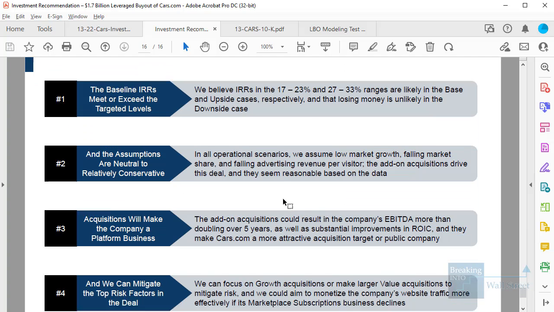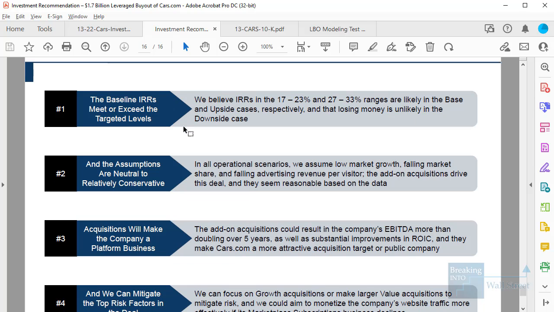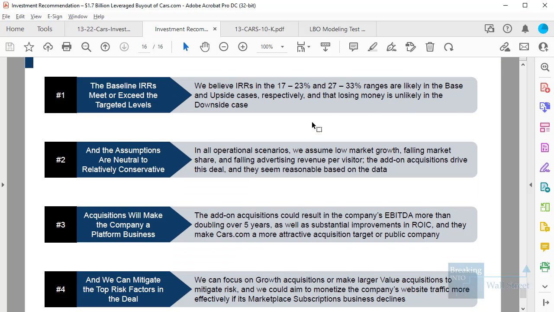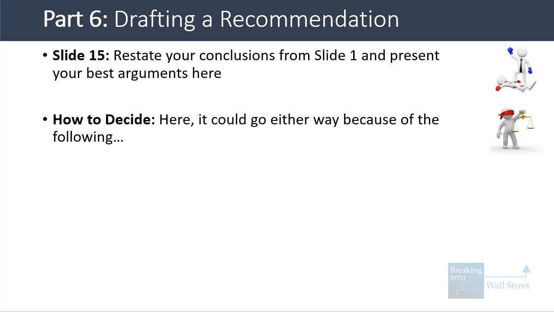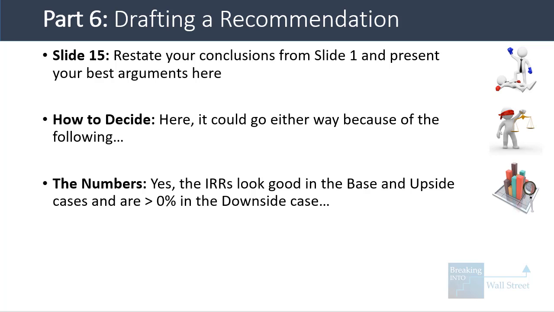One trick here is that we make it more visually appealing, so it seems a little bit different, but really we're basically repeating the same points from slide 1 and maybe incorporating a bit more of the numbers throughout. Now, reading all this, you might be wondering, that's fine, I understand the structure, but how do we actually make a decision here? And the truth is it could go either way,